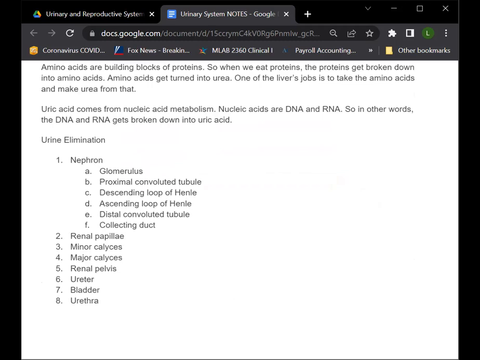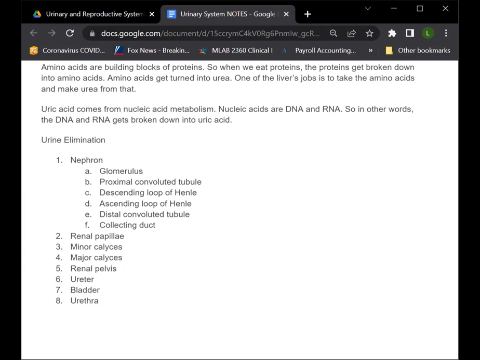Then from the proximal convoluted tubule to the descending loop of Henle, descending loop of Henle to the ascending loop of Henle, ascending loop of Henle to the distal convoluted tubule, and then from the distal convoluted tubule to the collecting duct,